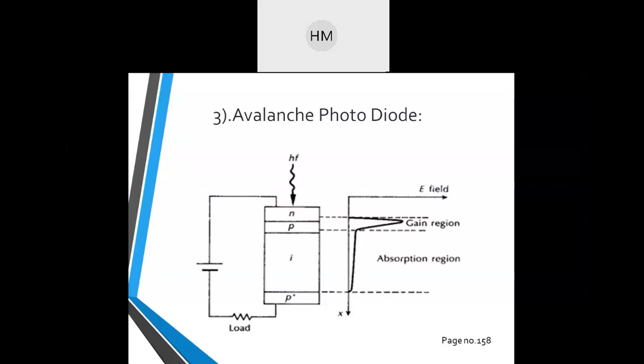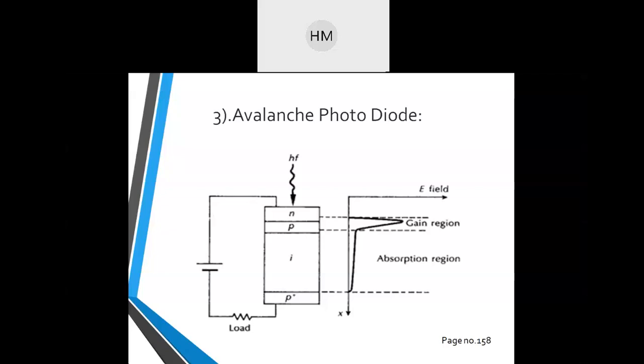ठीक है? But what happens? See, time is a very important factor. कि अगर light, as soon as light is falling on the device, but the device is taking time to produce a current, okay, so that will make the efficiency very low because it should be directly proportional. As soon as light starts flowing, the current should be produced according to that amount only, but this does not happen practically. So we are applying the carrier multiplication technique, which can be designed by using reach through construction.